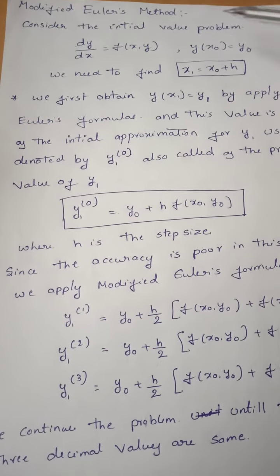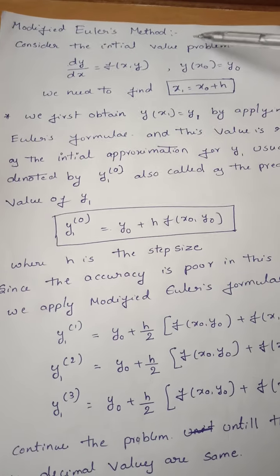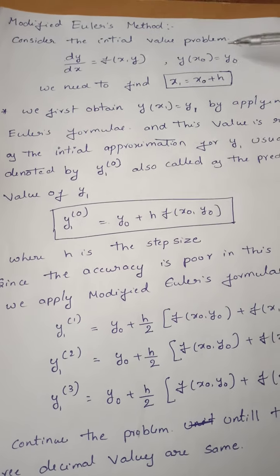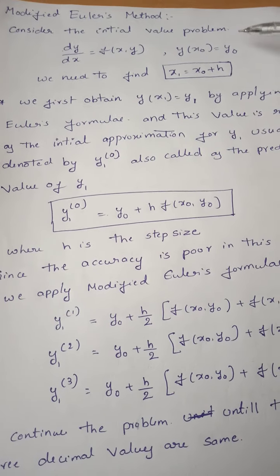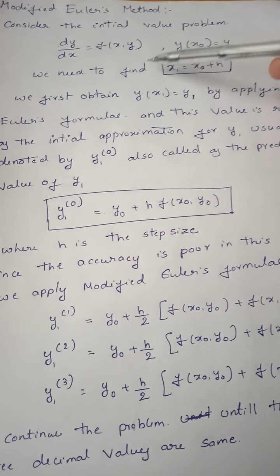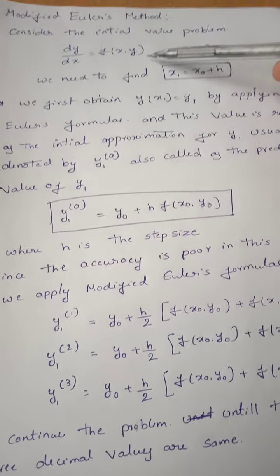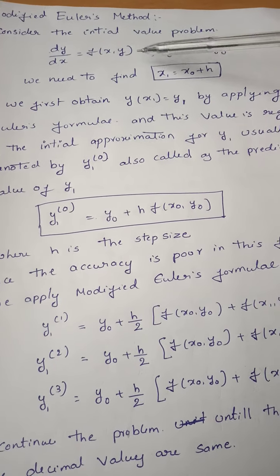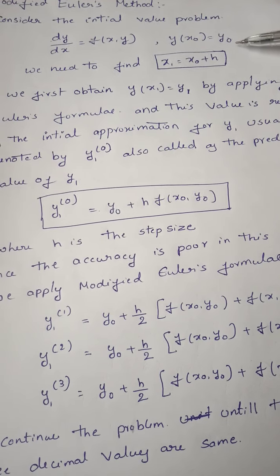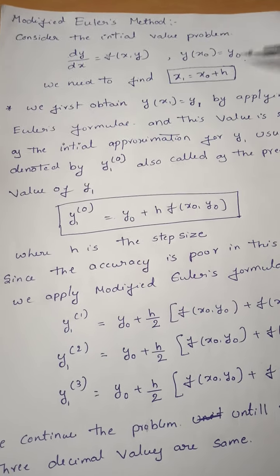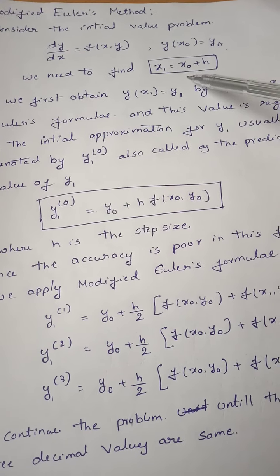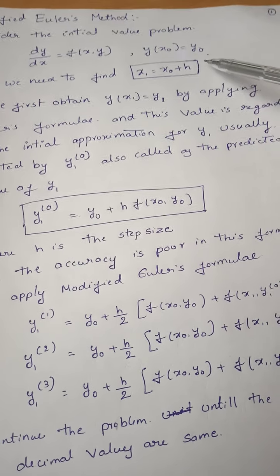The second method in numerical methods is modified Euler's method. Here also we consider the initial value problem and the differential equation of first order and first degree, dy by dx is equal to f of x comma y, with the initial conditions given. In this method we need to find the value of x1, that is x0 plus h, where h is